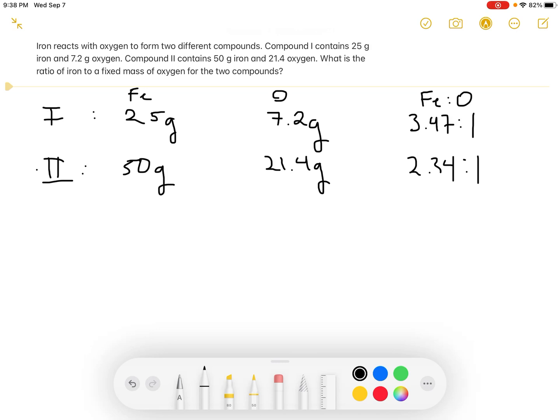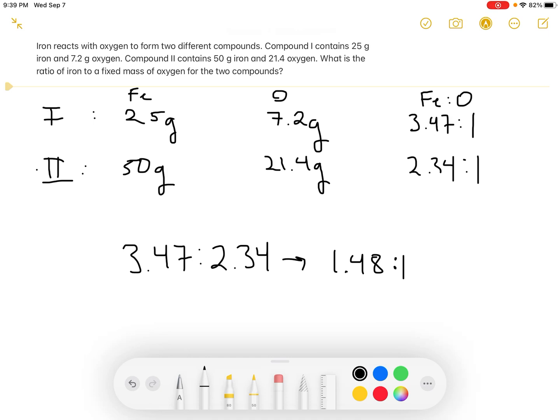But now we need to know the ratio of iron in compound 1 to iron in compound 2. So 3.47 to 2.34. To find this ratio, we need to divide both of them by 2.34. But we get a problem here because this ratio is 1.48 to 1. And you may think, wait, the law of multiple proportions says this ratio should always be a